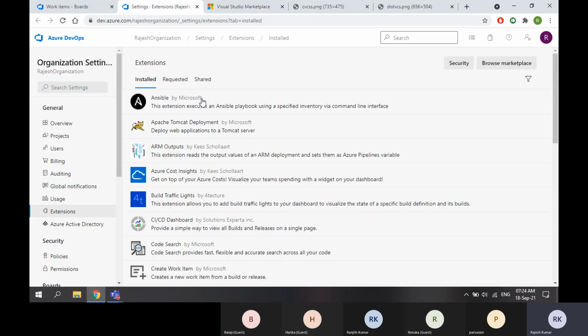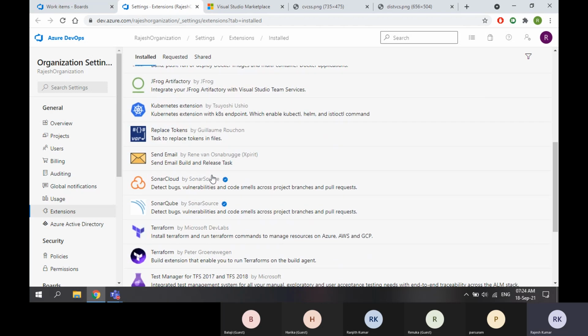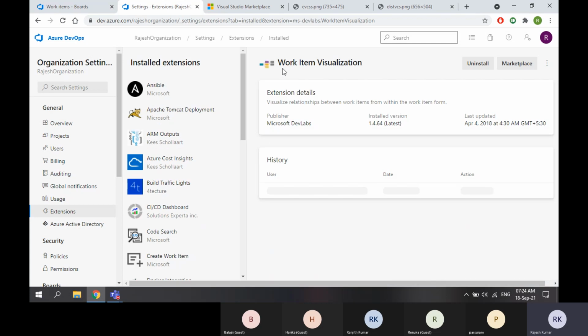Now if I go to my extensions page, yes, it was already installed: work item visualization. Now, what is the additional functionality I'm expecting here?